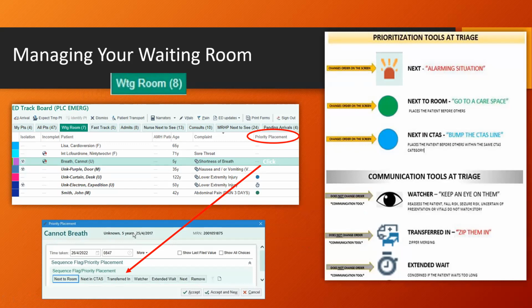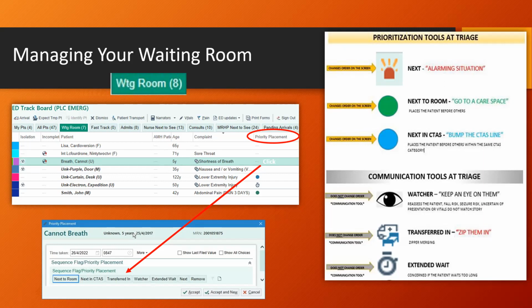It flags to me, just like you guys currently do, where you move those paper charts to the front. So you've got all those patients waiting to get in the department, but you've already physically pulled the next 3 or 5 charts that you want, and you've moved them to the front of the folder. The same kind of thing is going to happen with these priority flags. So alarming would be the next one in, and maybe it's the next one to BPOD